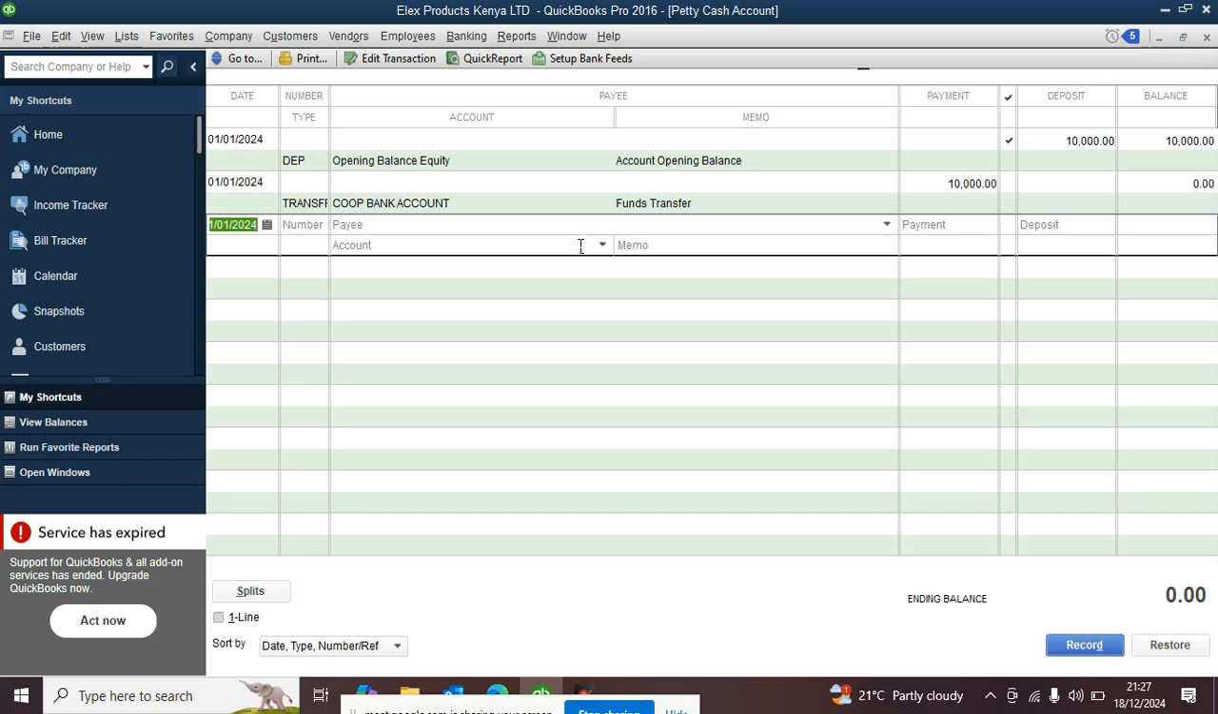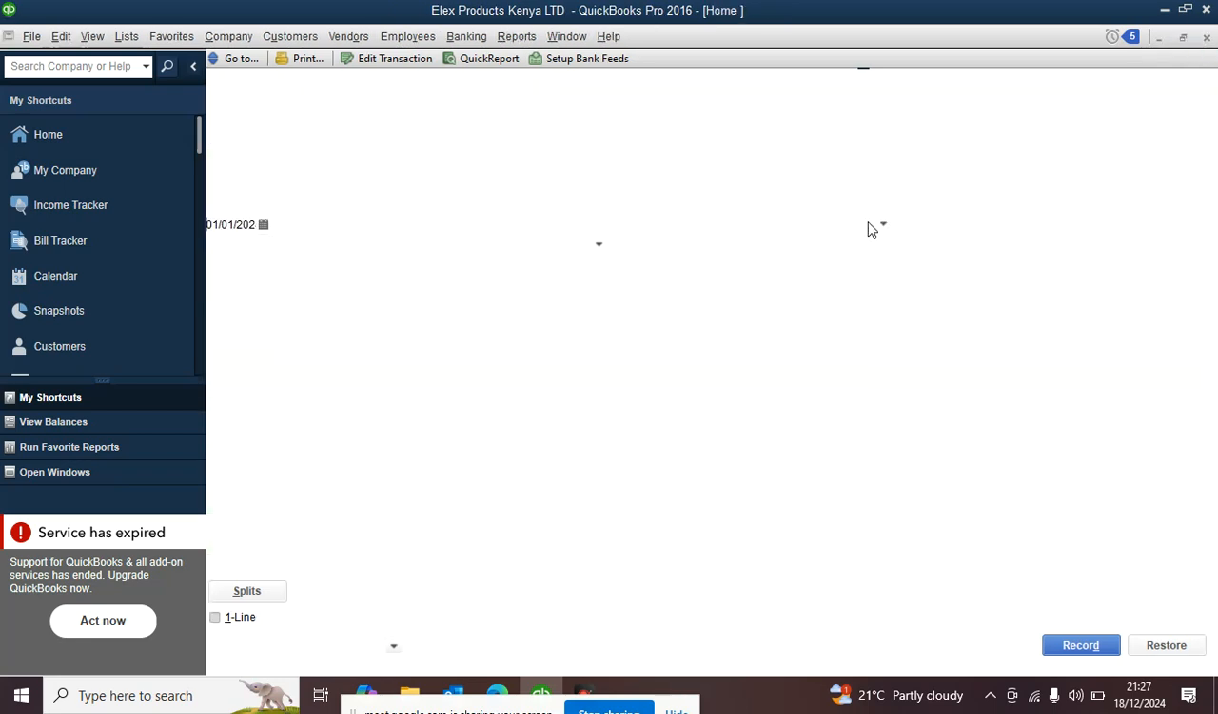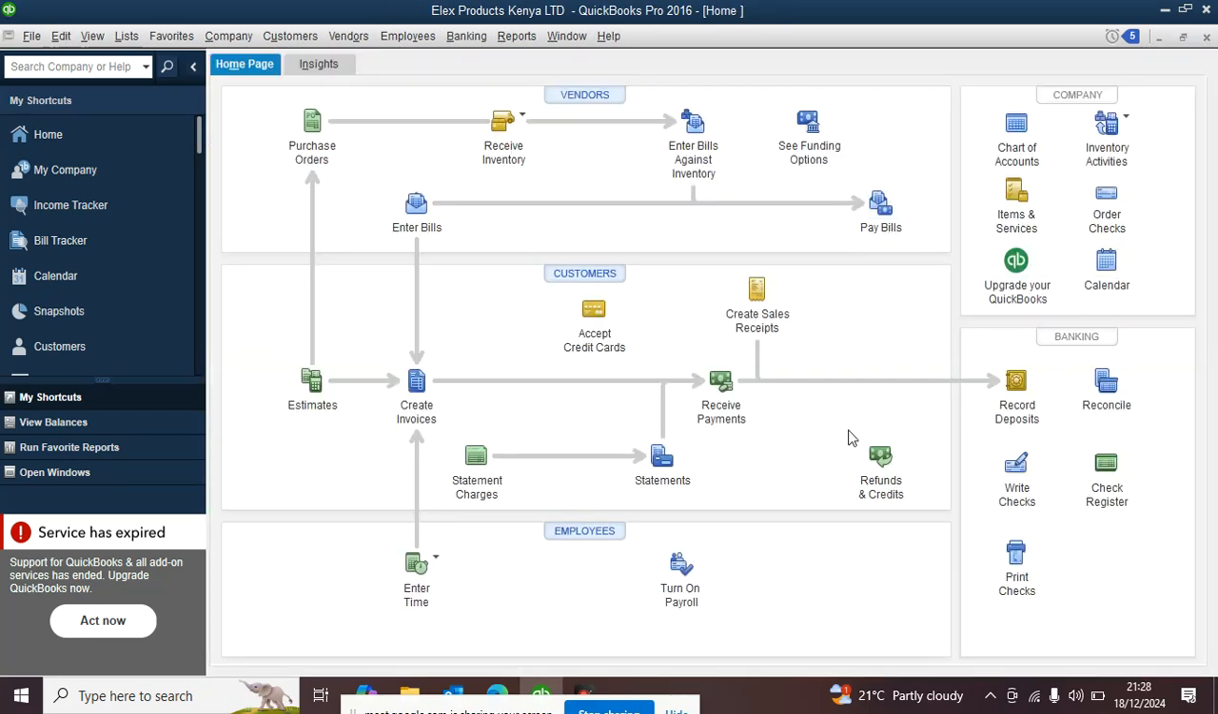It is reading zero. That means we have already transferred the money, and you can see the money has been transferred to Cooperative Bank. This is the account. Payee is the Cooperative Bank. Now, if you would like to know that the accountant has transferred some money,